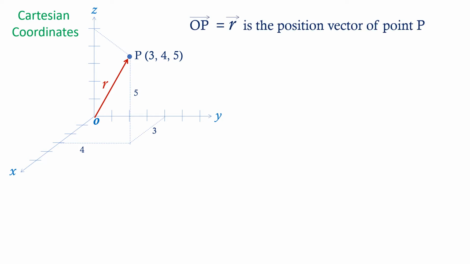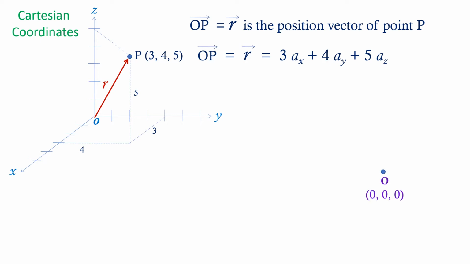OP bar, or otherwise R bar, is called the position vector of the point P. This R bar can be written as 3ax plus 4ay plus 5az in the directions of x, y, and z